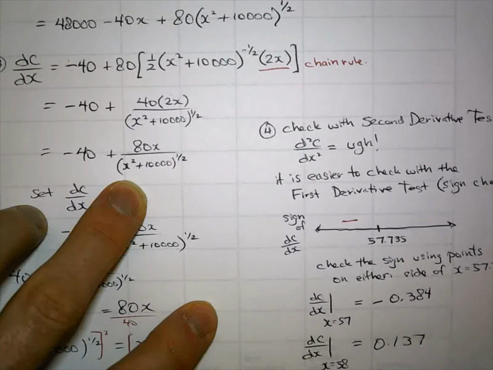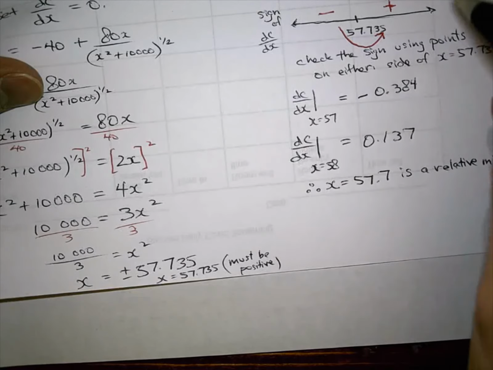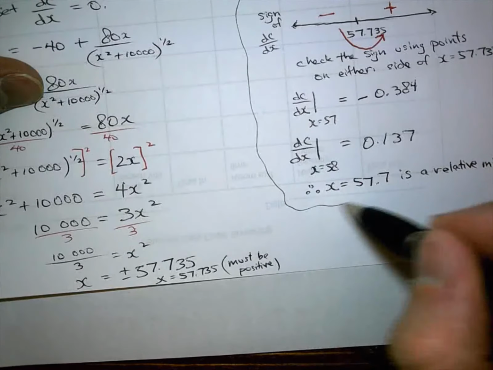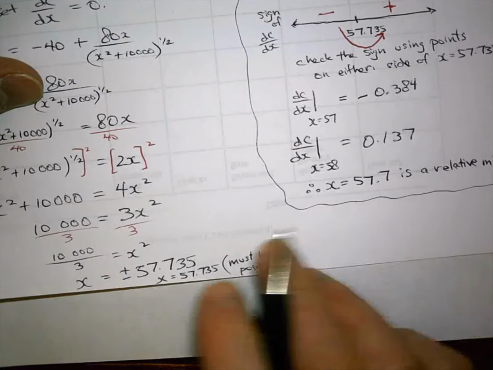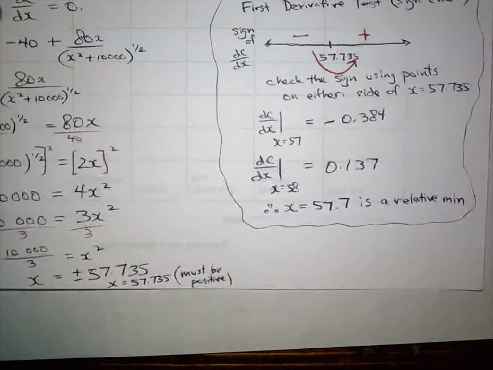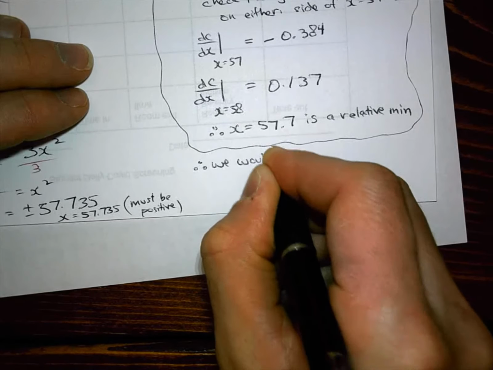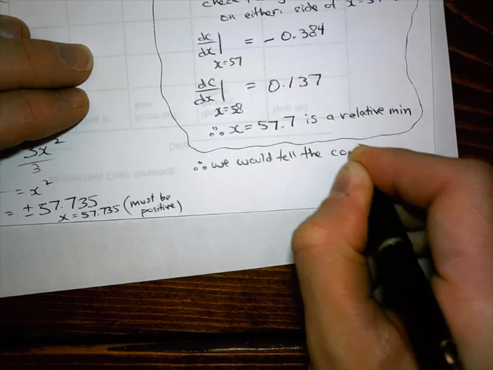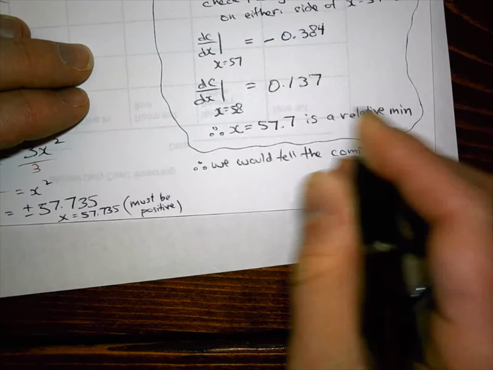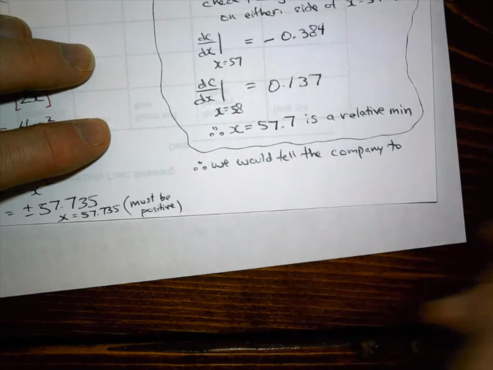So therefore that confirms that 57.7 is a relative min. Okay, and what was the question asking again? We should just make sure: what is the least expensive way to lay the cable? So we would tell the company to lay